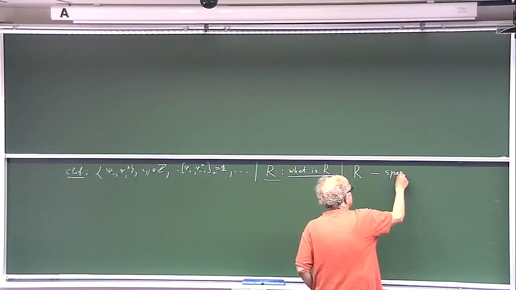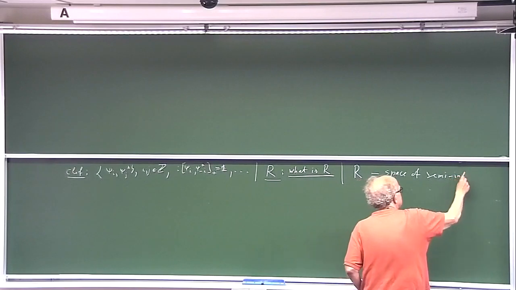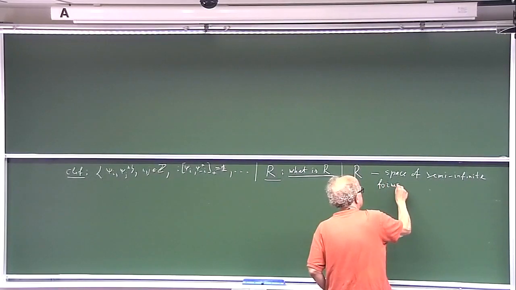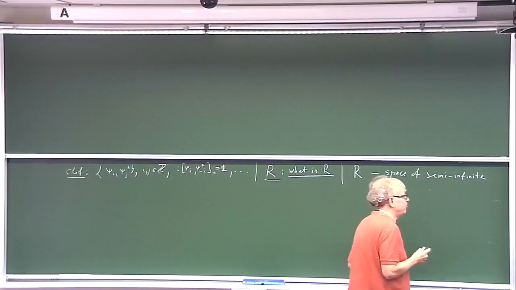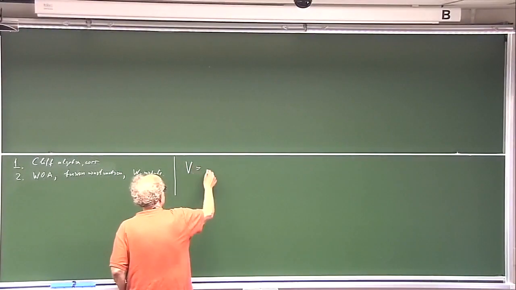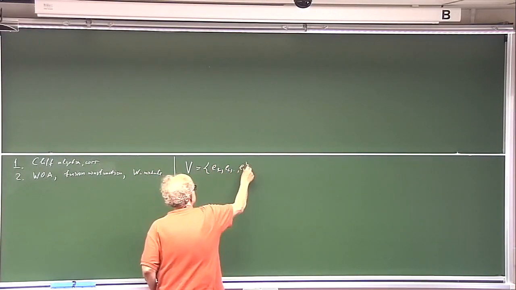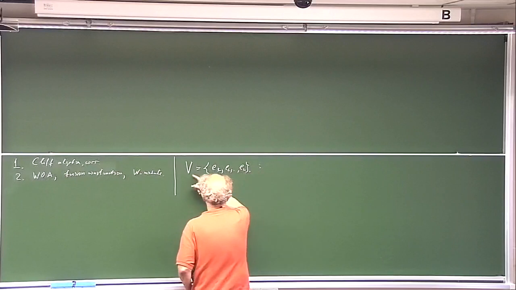space of semi-infinite forms, well, and by this I mean the following: suppose you have some vector space which is finite dimensional with basis v1, v2, and so on to n. If it is finite dimensional, then if we